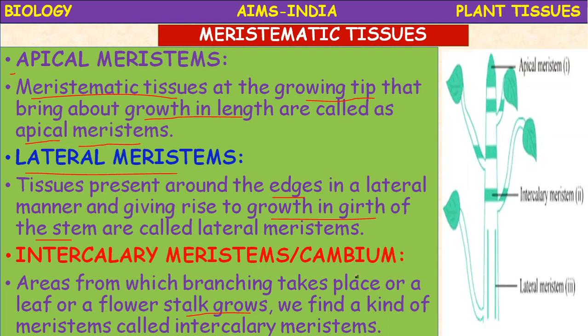You see the figure here. So this is intercalary meristem. So you divide the stem into parts, nodes, internodes. This is a node, okay. A node is a place where from the leaves or branches develop, okay. Between the two nodes, internode is present. So intercalary meristem. Lateral meristem, this helps in the diameter, increase the girth of the stem. Then apical meristem, it helps in the increase in length of the stem.